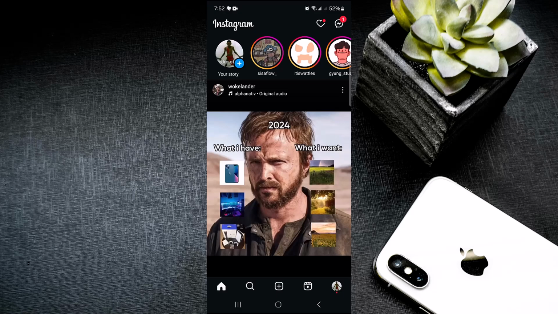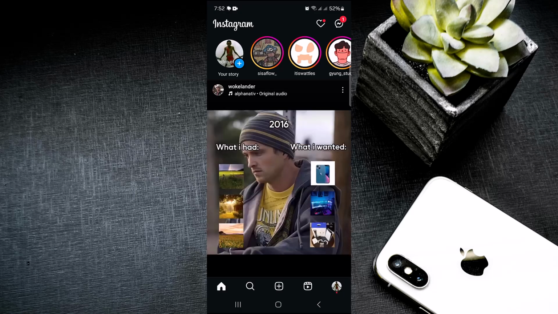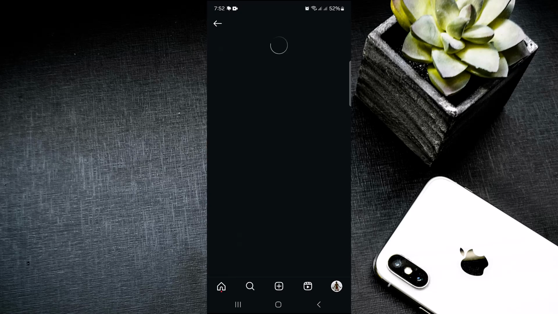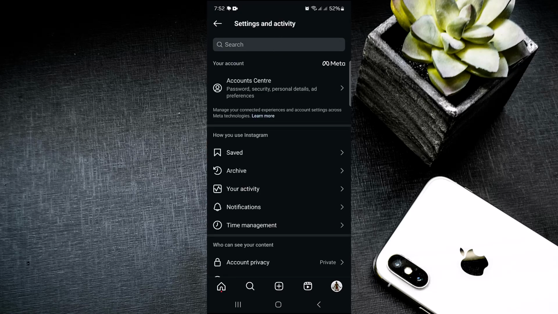Once you have logged into your Instagram account, head over to your profile and go to the hamburger menu. Let me tell you something here. You must go to your settings and previously just make sure your deleted posts are going to your archive. So if the settings is like that, then you might find all your deleted posts in your archive,